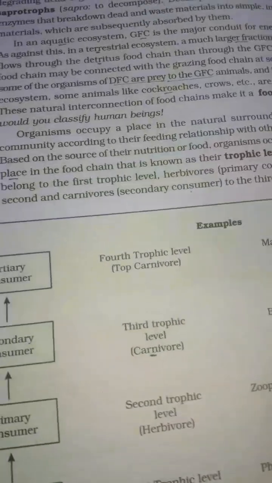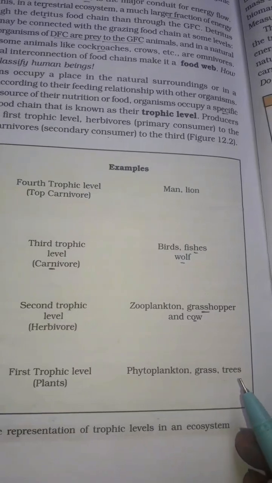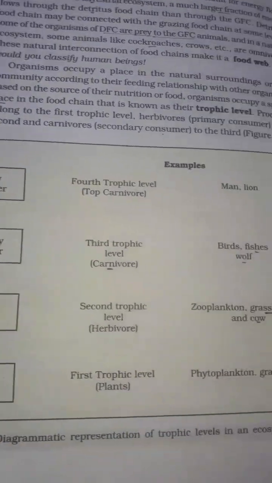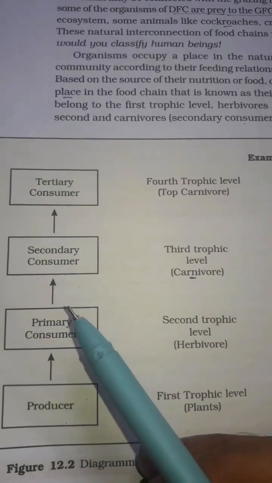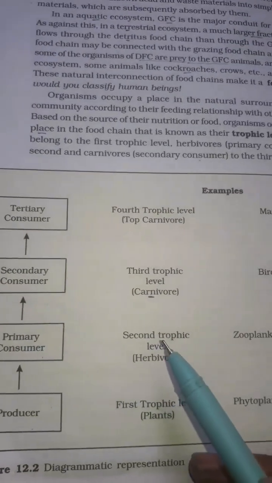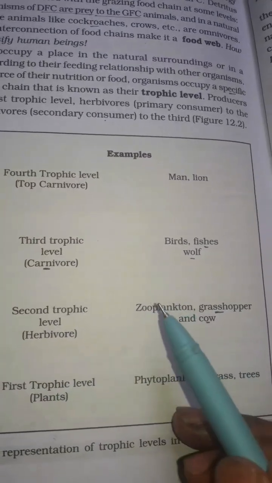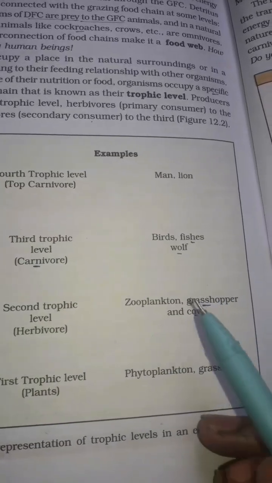And in the diagram, the producers are the first trophic level: plants, that is phytoplankton, grass and trees. They can produce biomass through photosynthesis. Then there is the primary consumer, the second trophic level, that is herbivores, that eat the grasses: the zooplankton, animals that mostly eat the phytoplankton, then the grasshopper that eats the grass, and then the